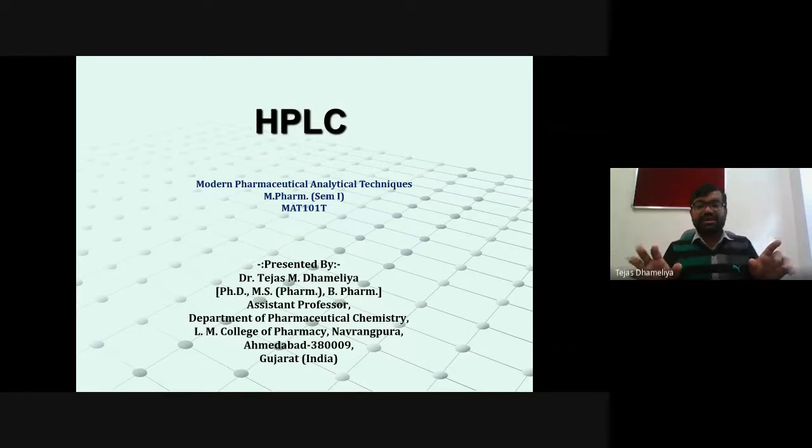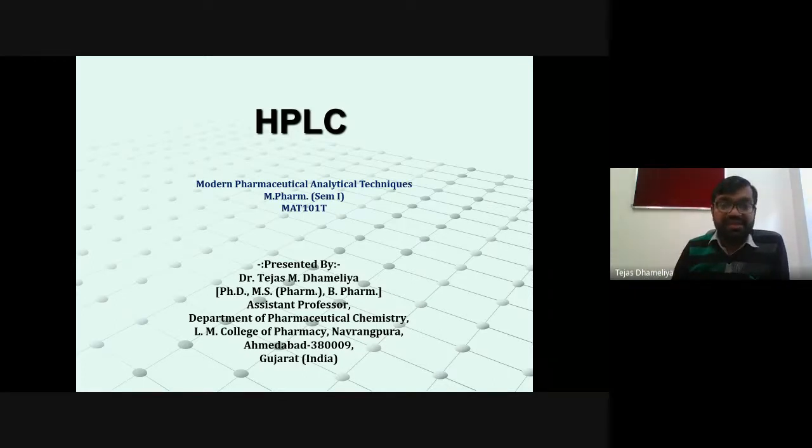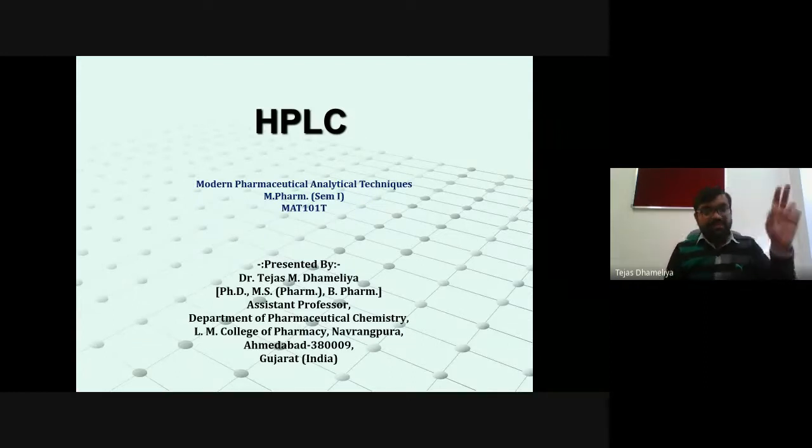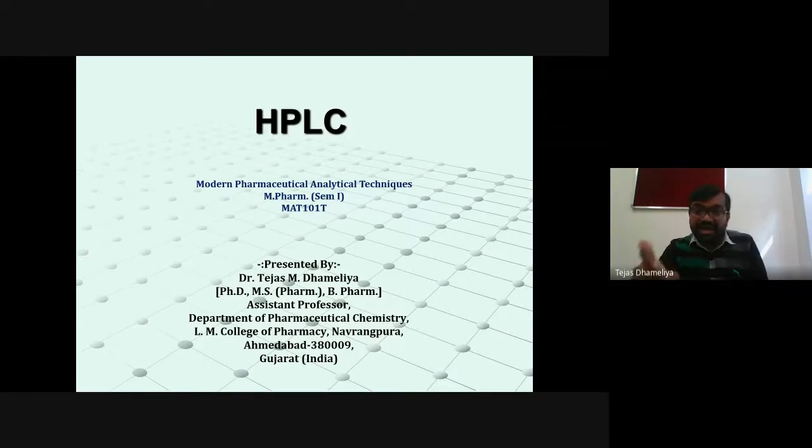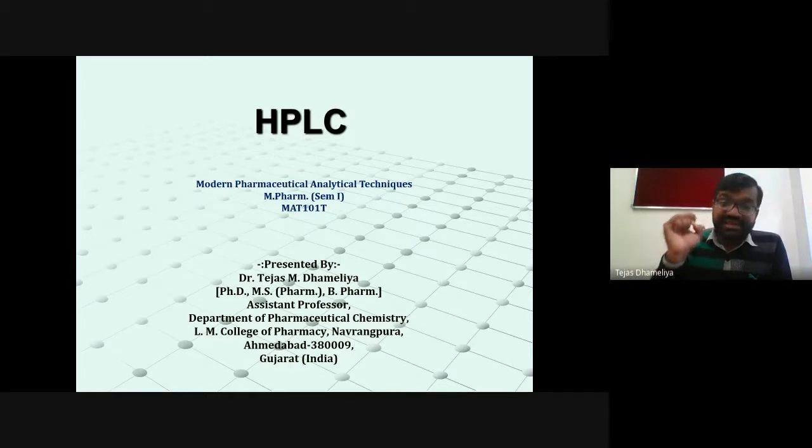In Gujarati we would call it patience. For long columns, this chromatographic technique is tedious, time consuming and laborious. As compared to this, HPLC is an excellent technique which can sense microgram or sometimes nanogram quantities of the compound.